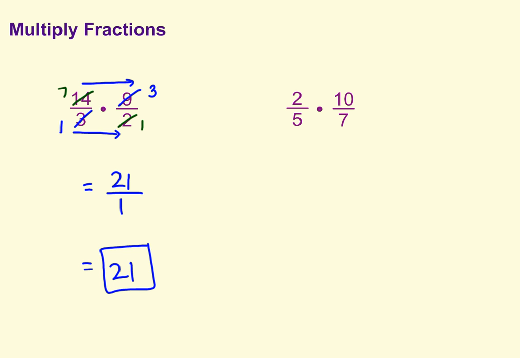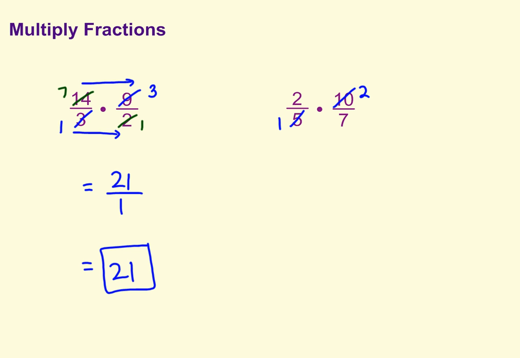Alright, next example, 2 over 5 times 10 over 7. Again, look for any of that reducing that you might be able to do. If I look at the 2 and the 7, that diagonal, I can't divide 2 and 7 by the same number, so let me check out the 10 and the 5. 10 and 5 both divide by 5, so 5 divided by 5 is 1, 10 divided by 5 is 2,